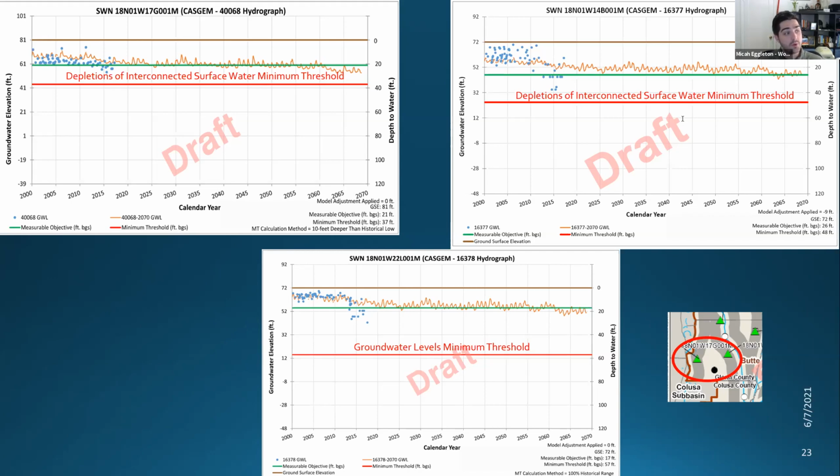Also, if you have surface applications, the orange line of this model data out to 2068 also incorporates things like precipitation, percolation, applied water, stuff like that. So this model result, the orange line, also incorporates those localized conditions. Now in the future, the model will continue to be calibrated. If you have additional input or volumes that can be provided to the modeling staff, that's always helpful as well. But that's kind of how applied surface water is taken into consideration in these levels.